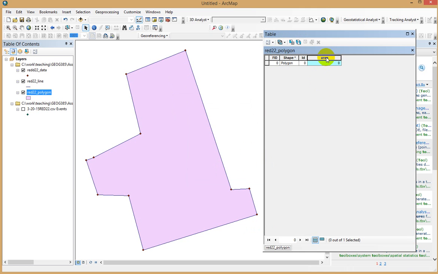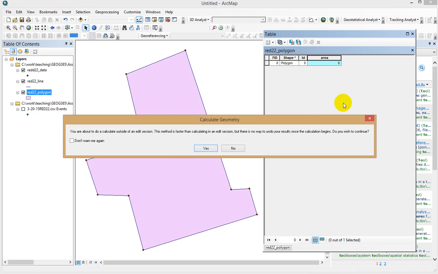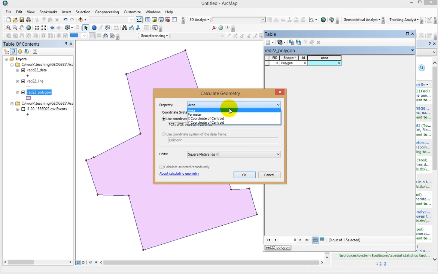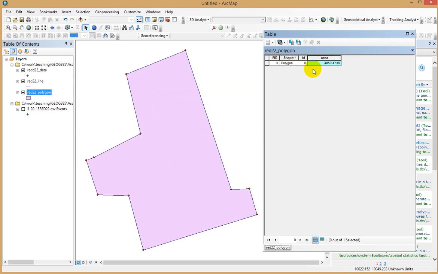So we can right click on that and go to calculate geometry. Okay, yes, it's fine. We can do it outside of it. Okay, so what do we want to calculate? We could calculate perimeter, the x-coordinate, blah, blah, blah. We want the area. And we want to use the coordinate system of the data source. This is why we set it as UTM in the first place, because we want to do it in meters. And it's already set for square meters. We could do it in square feet or whatever. I want it to be in square meters. And then we say OK. And then we say OK. And now we've got a value here,